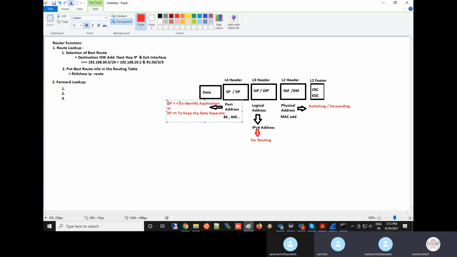Now the packet is going; which application does it have to go to? It will check the destination port. Now the packet is coming back to me. I am open to so many pages and applications. I send a packet and the reply is coming. How does the packet know this reply is for this application? It will use the source port. Understand? The destination port identifies the application, and the source port keeps the data separate for each session, each application.